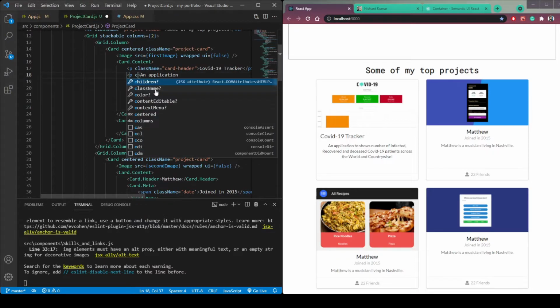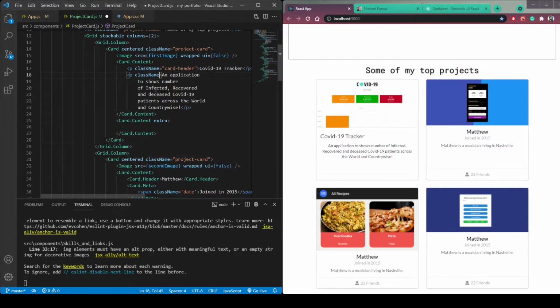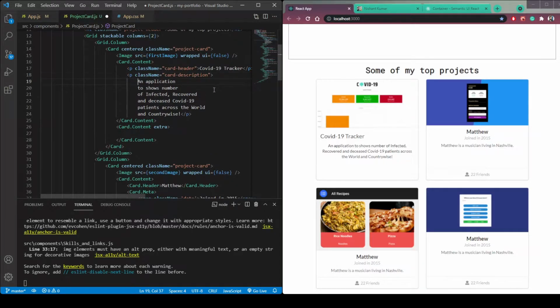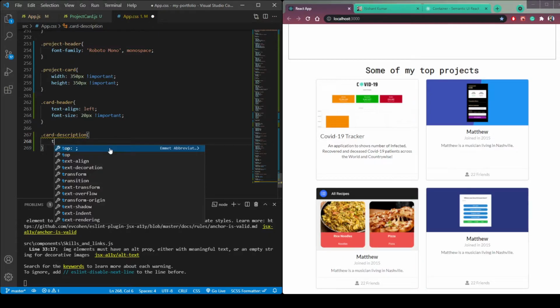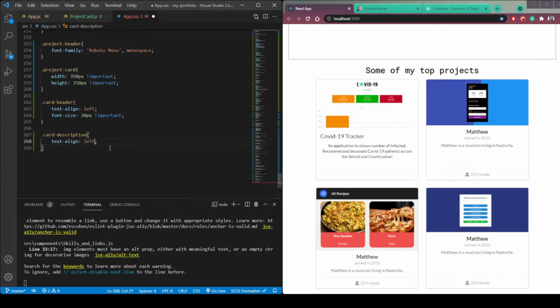Give this p tag a class name of card description. Copy this class card description and paste it here in the app.css. Also, let's make it text align left, and then font family this Roboto Mono.